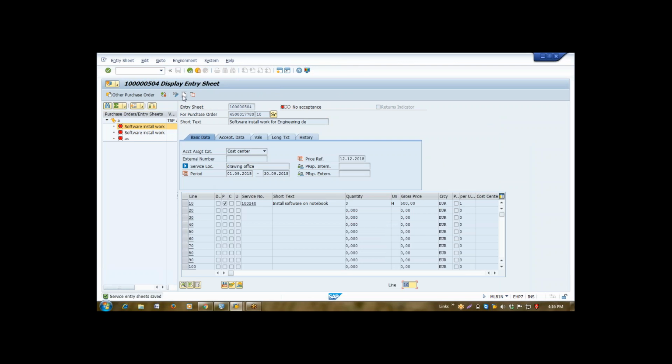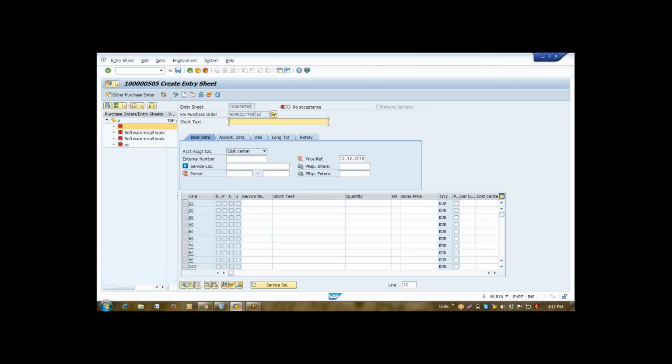Now if I again want to create a service entry sheet for the same, I'll click on the create service entry sheet button. I'll enter another detail, but suppose my period has changed here.